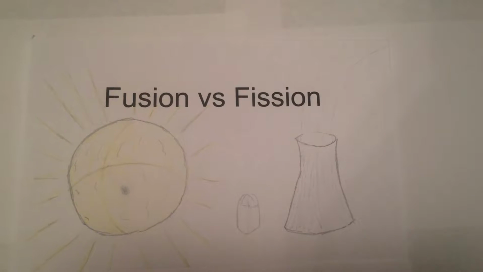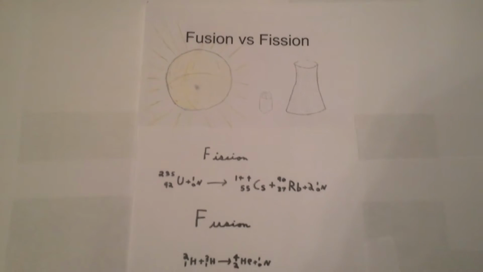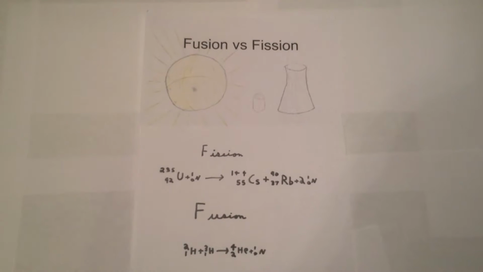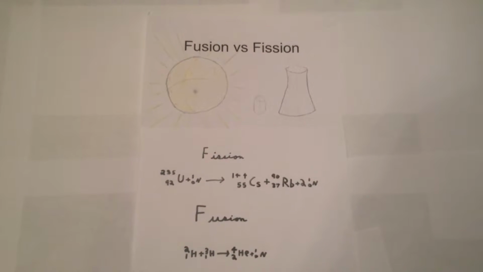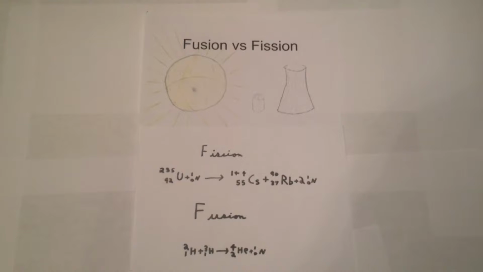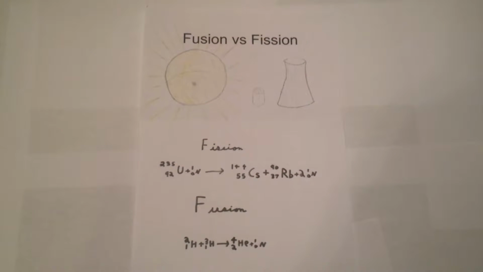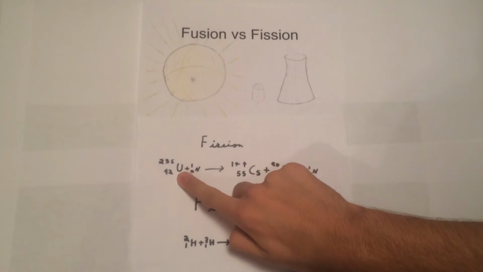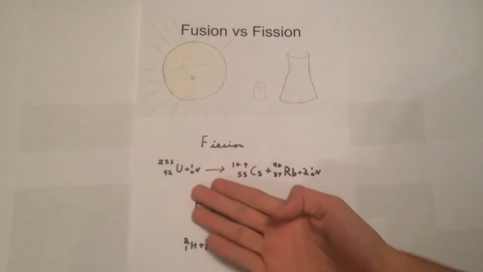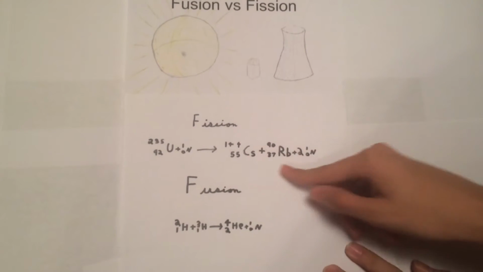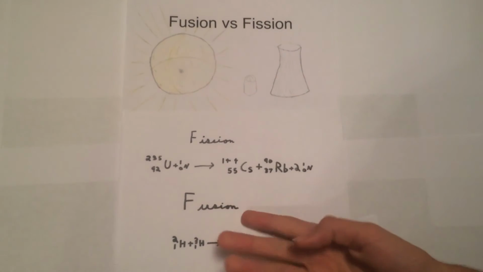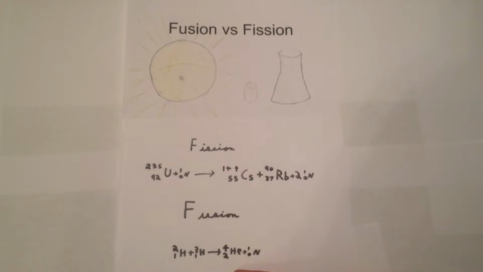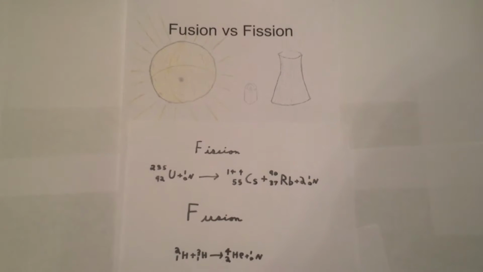Okay, now we will speak of the chemical equations associated with fusion and fission. Here you see fission. Uranium plus the particles become these. And also fusion. The two hydrogens become helium and a